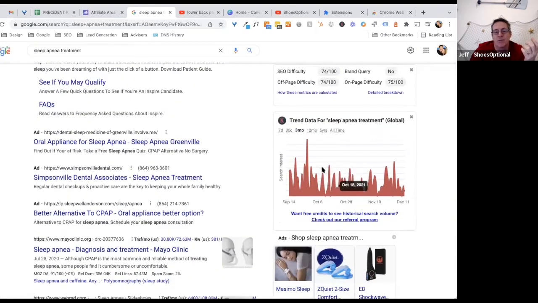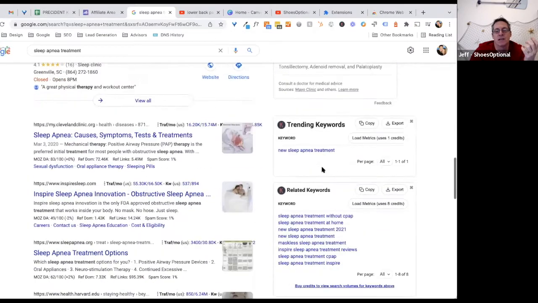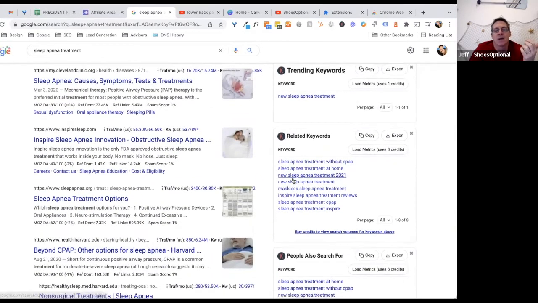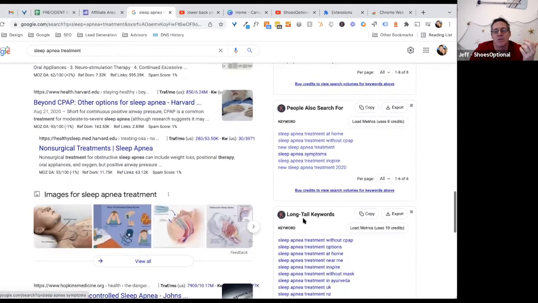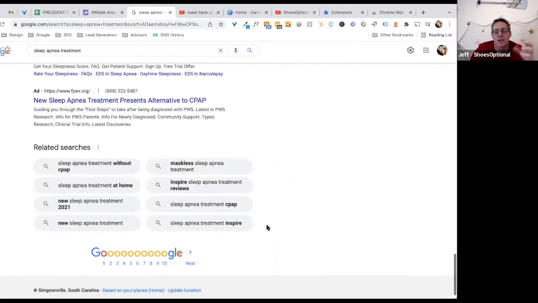Here's that metric from Keywords Anywhere. Again, if I scroll down, I can start to see trending keywords. I can see related keywords and what people have also searched for, the long tail keywords, all of that right there. And it gives me a really good understanding of maybe what's happening around the sleep apnea world. So again,